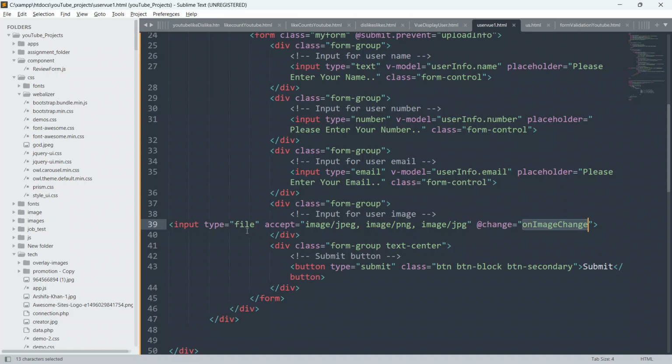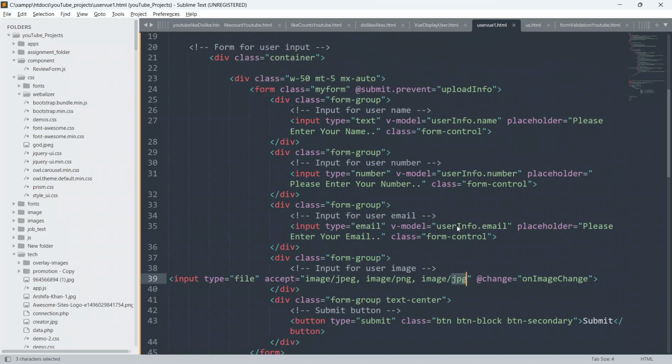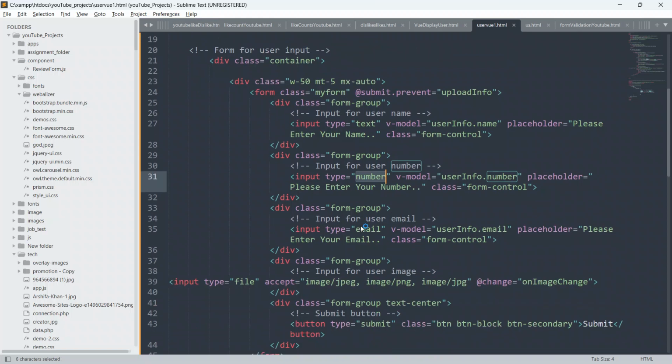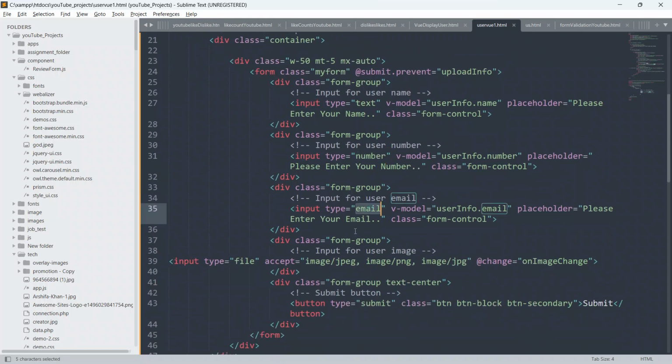This is the input type file, and it accepts images as JPEG, PNG, and JPG, okay. This is the input field for text, which means user name. This is the input field for number, this is the input field for email, and this is the input field for file.